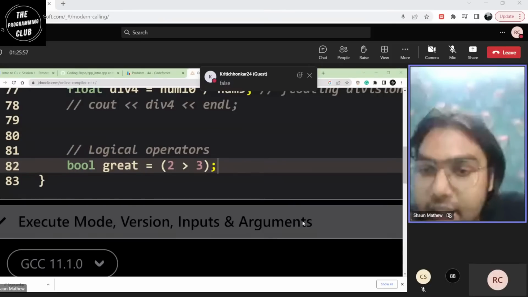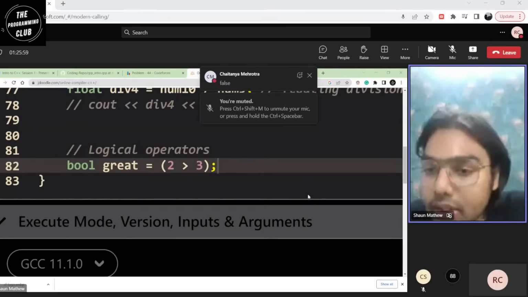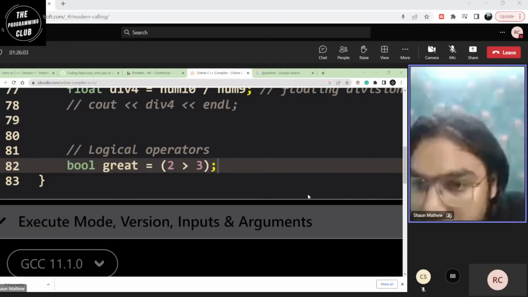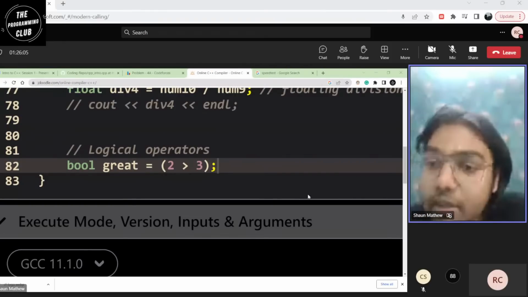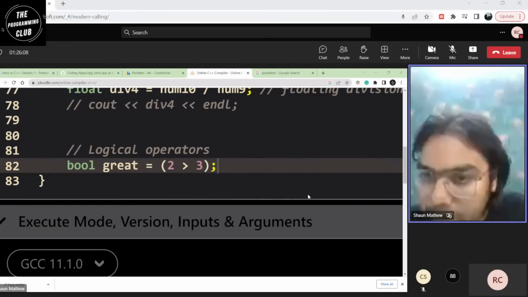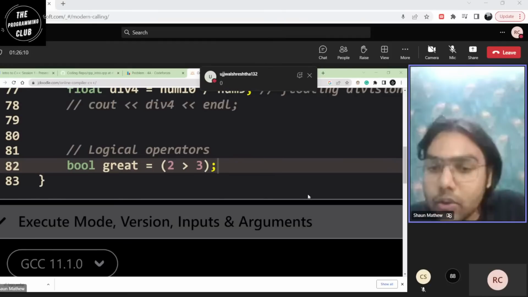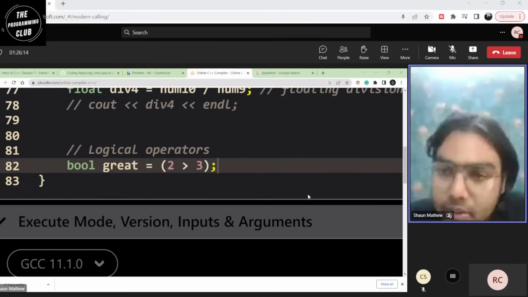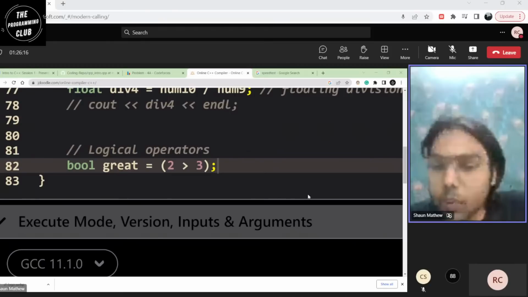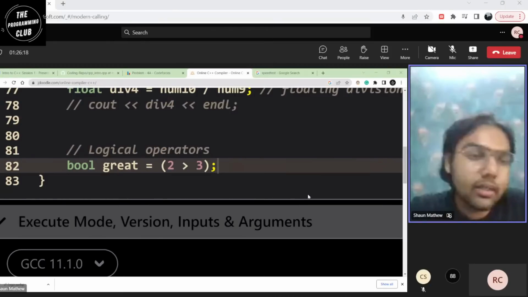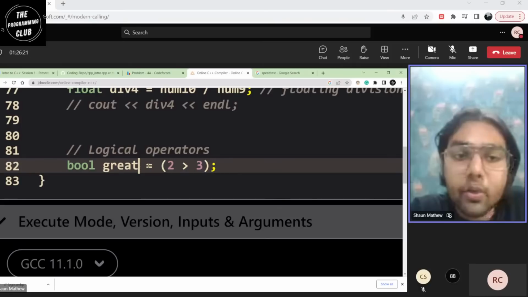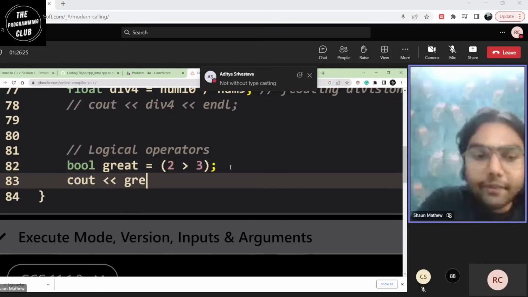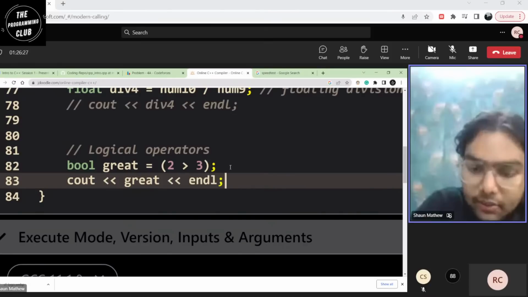It's false, right? Ganesh, to your question, in div equal to float 5 by 10, you again get 0.5. Now tell me, if I assign an integer as 0.5, what happens? You can try it out on your own. The answer would actually be 0. Why is that so? Just check it out once. I'll explain it at the end. But for now, let's look at it. So bool grade, it's false, right? So now if I output the value of grade, I should get a 0.